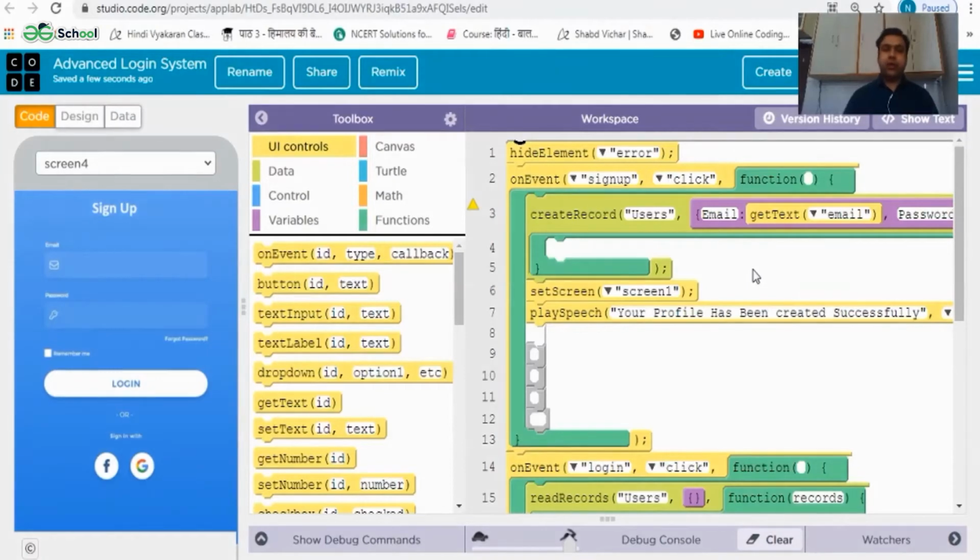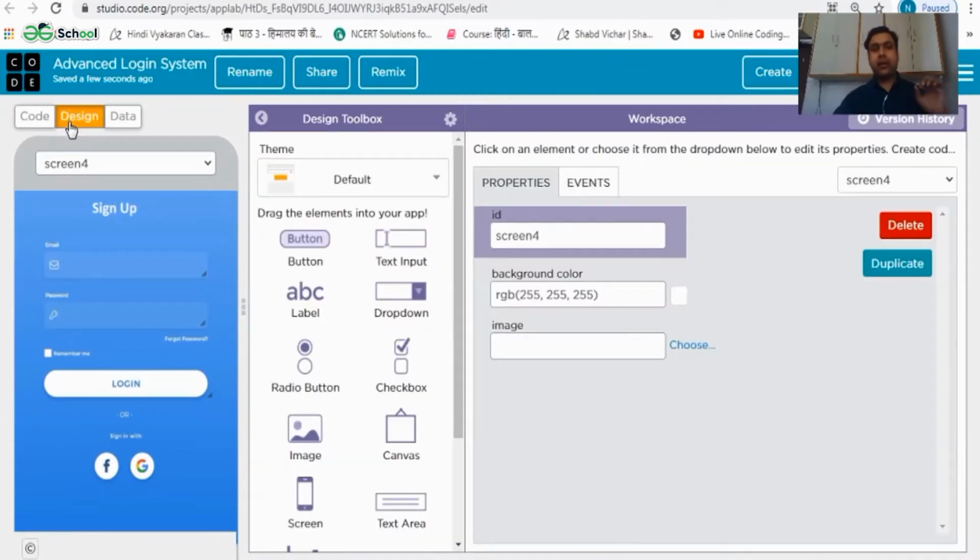In this lecture, we are going to check out how we can make this login system that we developed in one of the previous lectures more advanced by adding a forgot password screen to it. Right. So the first thing that I am going to do is come to this designing part and create